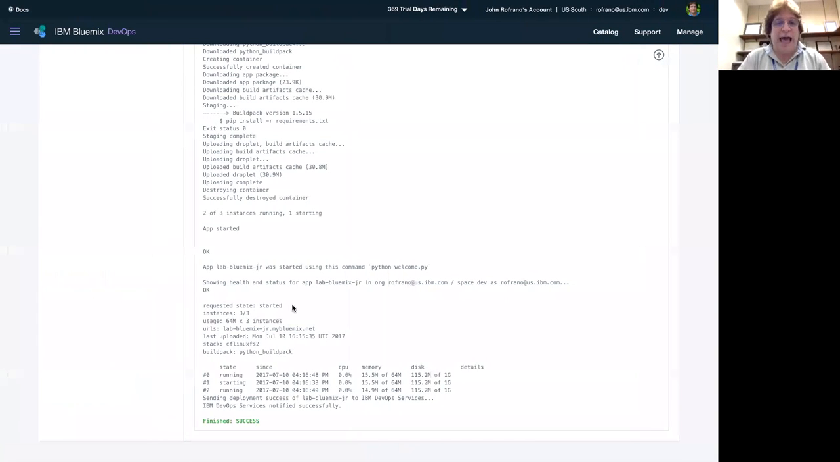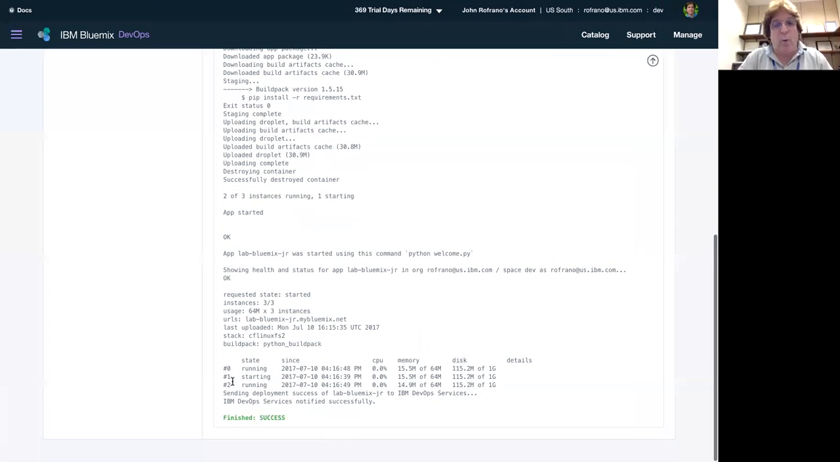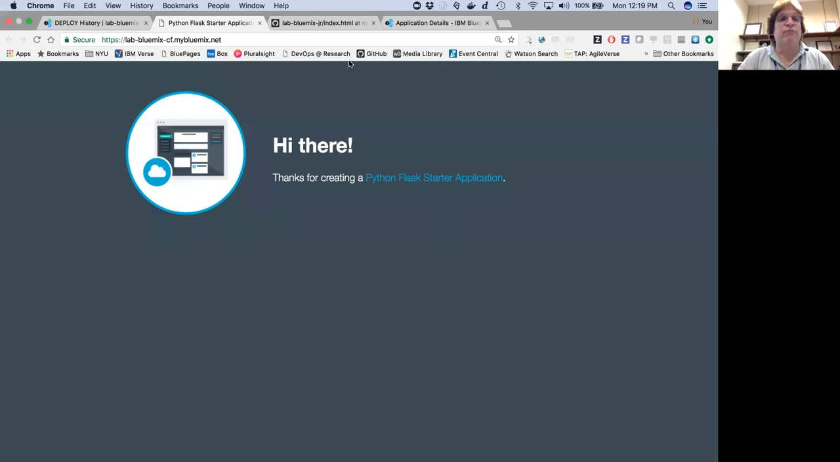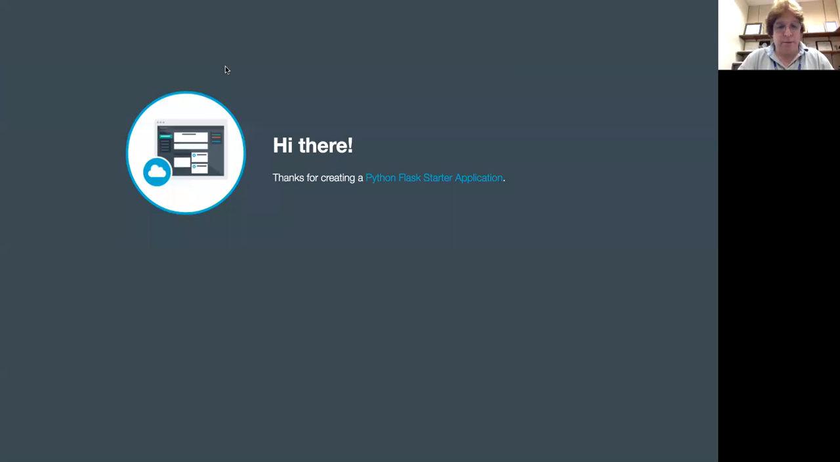Okay, where are we here? Look, finished successfully. So there it is. All right, down at the bottom here, if I can make this a little bigger. Down at the bottom, I've got 1, 2, 3 instances running. It finished successfully. And now if I go back up to my service and I refresh it, it should say,